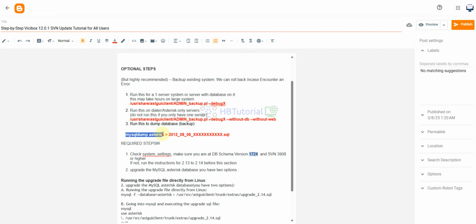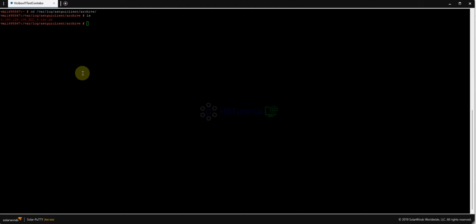The other one is for database backup only. Just copy the code, go here, and paste it.